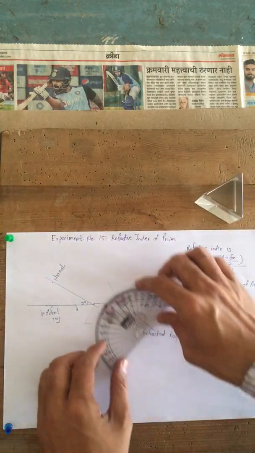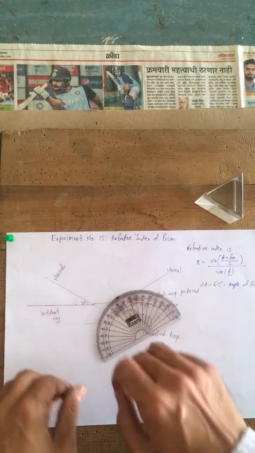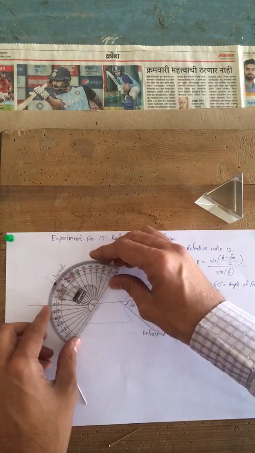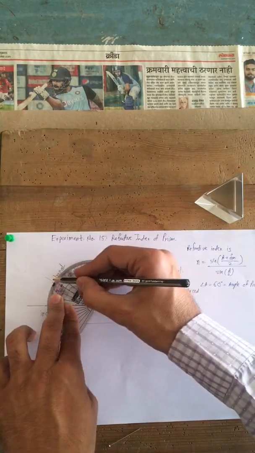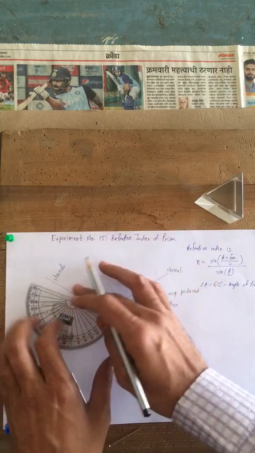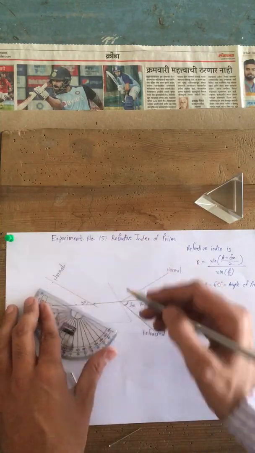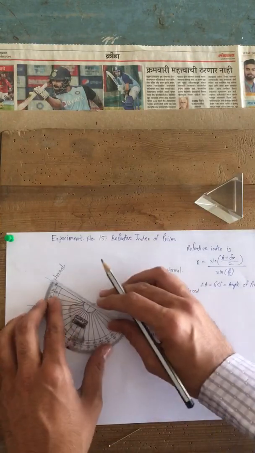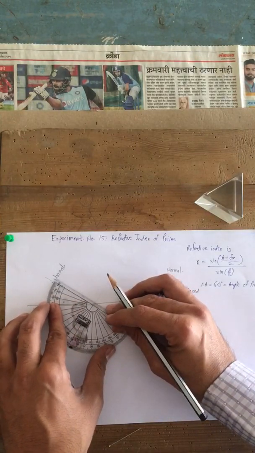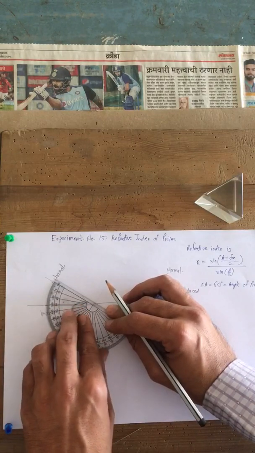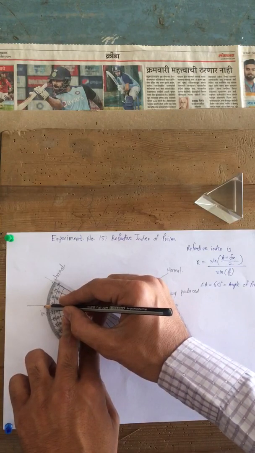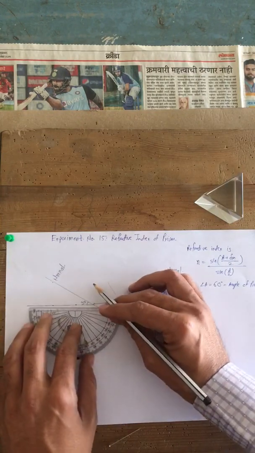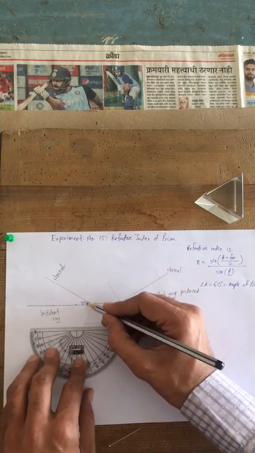Okay. Then from this side, with the help of this D, draw a normal at this side. That is perpendicular, that is at 90 degrees. Just take a point and then draw a normal which is perpendicular to this side. Now with respect to this normal, first of all take the position of 30 degrees, that is, the incident angle is 30 degrees. Okay. And then join this. So this angle now becomes 30 degrees. So this is now our angle of incidence.